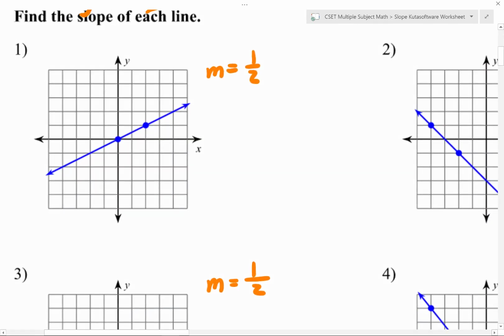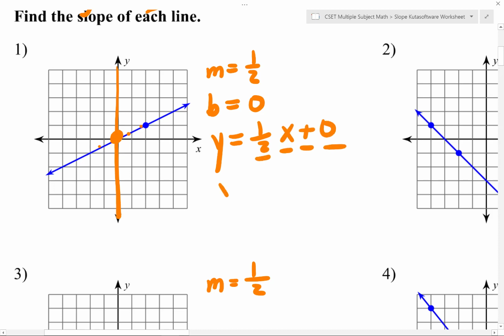So we take a look, and here's your y-axis, our line crosses it right there. So the y value there is 0, and we call that y-intercept b, just because we can't call it y, because y is going to be used to describe the other points on the line. So we say b is 0 in this case. And so our equation is just y equals 1/2 x plus 0, mx plus b. And since we normally don't write the 0, just y equals 1/2 x will describe every single point on this